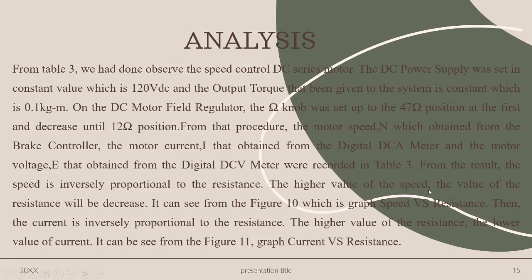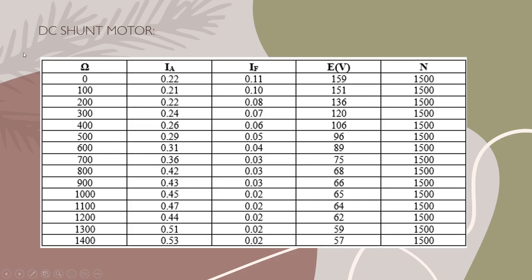The higher the value of the speed, the more the resistance will decrease. You can see from the figure, which is the graph of speed versus resistance, that the current is inversely proportional to the resistance. The higher the value of the resistance, the lower the value of the current. For this shunt motor,